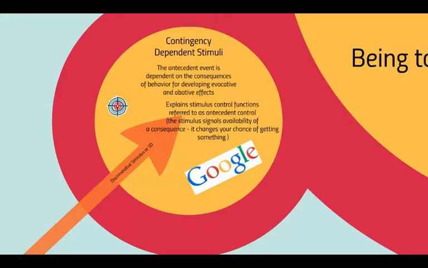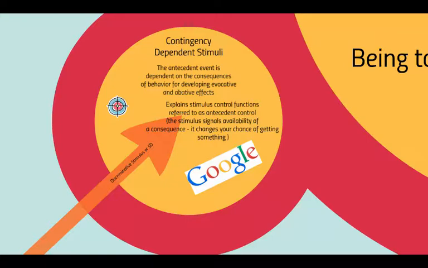Now, those three letters, ATM, have acquired stimulus control over our behavior. Why? Because it's become an SD. Why? Because in the presence of those three letters, ATM, we're able to pull over to the side of the road, go to the machine that has those three letters on it as well, ATM, and acquire cash, something that we need in the moment. So as a result of that consequence, in the presence of those three letters, ATM, and as a result of that repeated pairing of ATM and the consequence that followed,